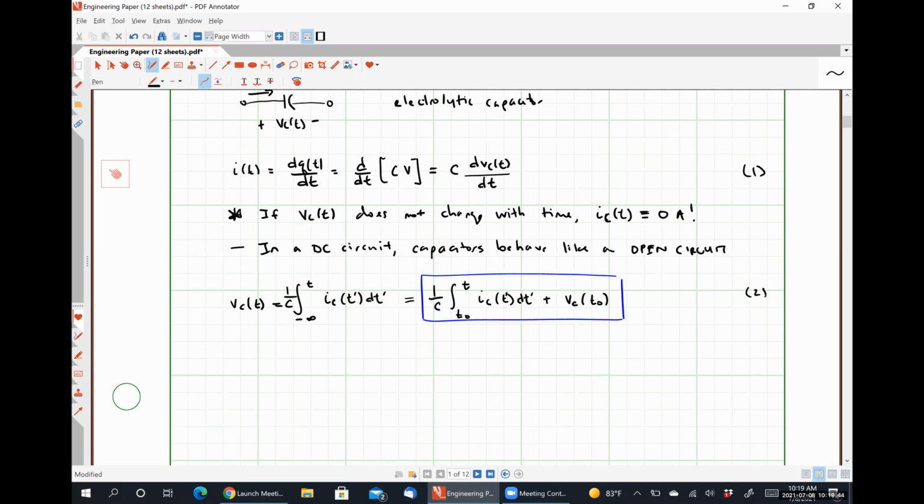Call this equation 2, and I want to be clear about a couple of things here. We can say that a capacitor has memory. What I mean by that is the current value of the voltage on a capacitor depends on a past value for the capacitor voltage, which is what this term right here is. It's what we'll call an initial condition